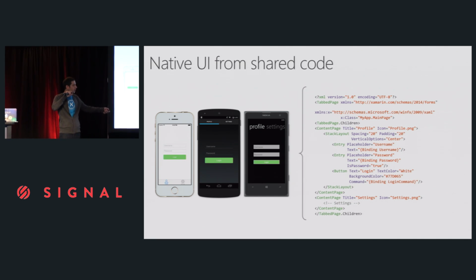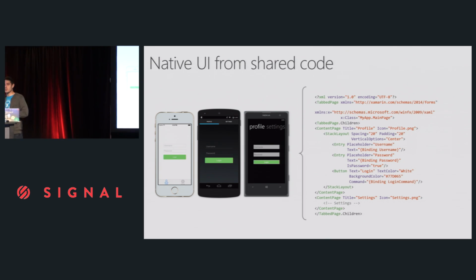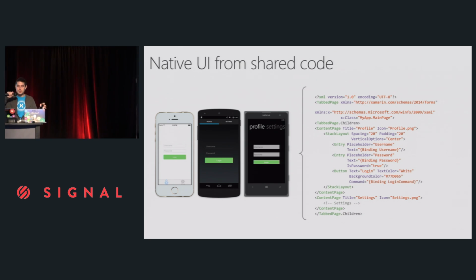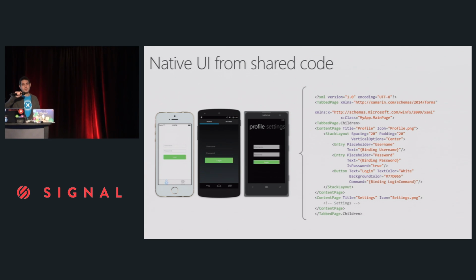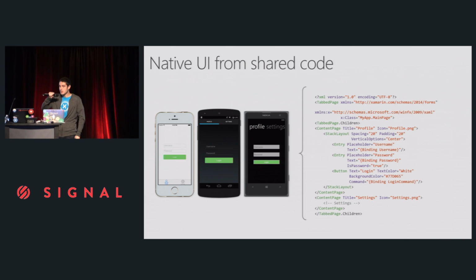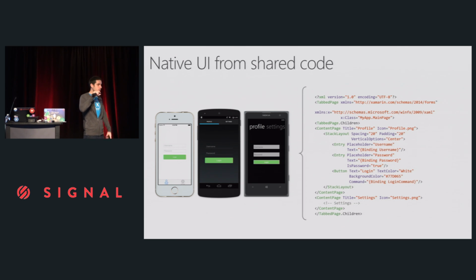The button has a green color, and then it has a login command. So this is the same XAML user interface, and on iOS, we can see it's all wrapped in a tab page up top. So there's 2 tabs. On iOS, we get tabs on the bottom inside of a tab controller with icons and text. On Android, the user interface is on top, and there's a pivot control on Windows. Of course, on Windows 10, it'll look a little bit different if you're on desktop or phone.